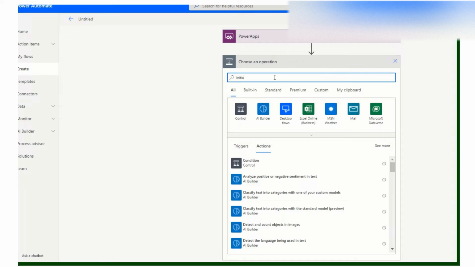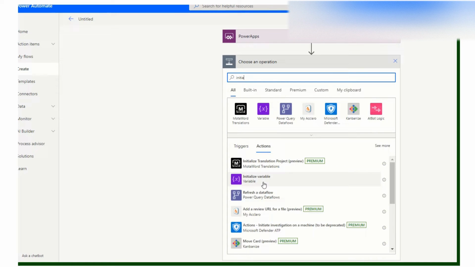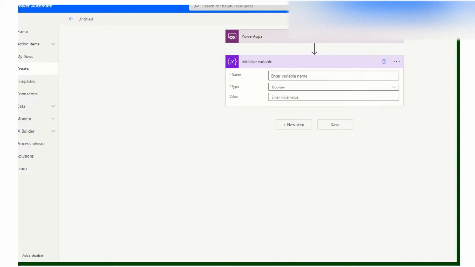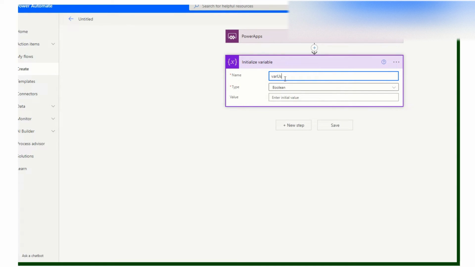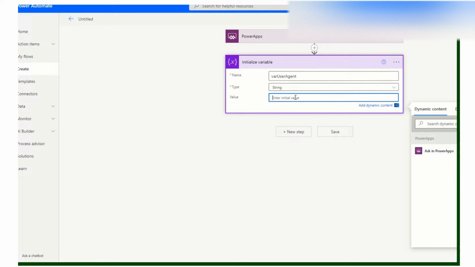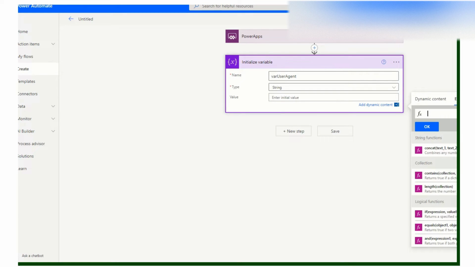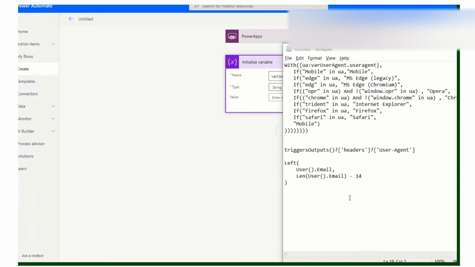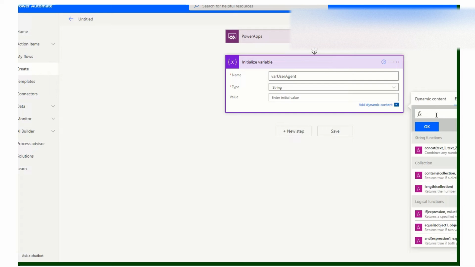Then the next step, initialize variable. I will name it varUserAgent, and then I will choose string, and in my value I will choose expression, and then type this code.